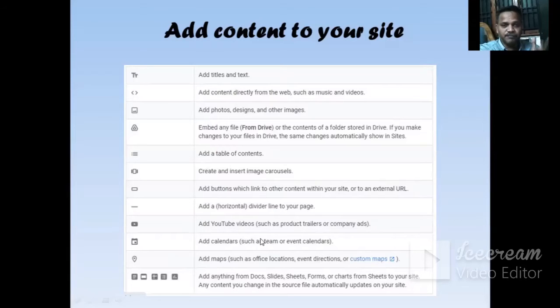For example, a Tamil Nadu calendar, Maharashtra, or any other country, any calendar you can add. And maps, this is very amazing. You can give your exact location, latitude, longitude, anything you can do. And you can add any file from Google Docs, Google Slides, Sheets, Forms, Chart, anything you can add.